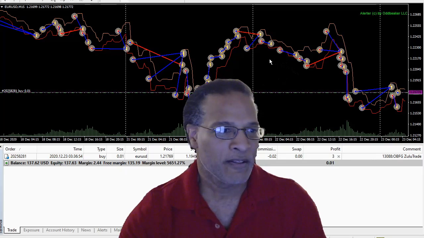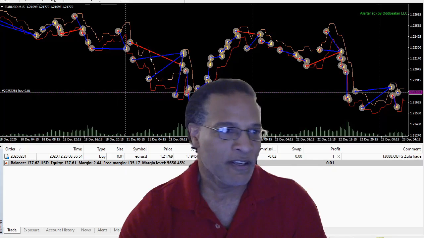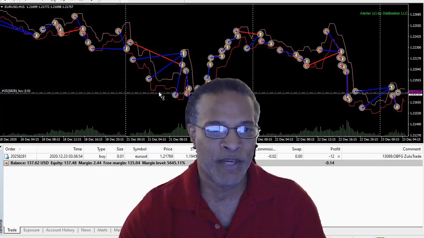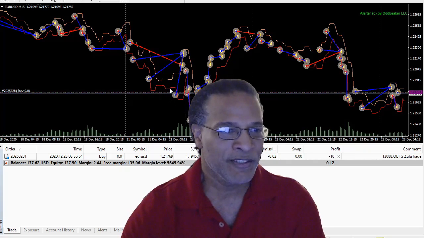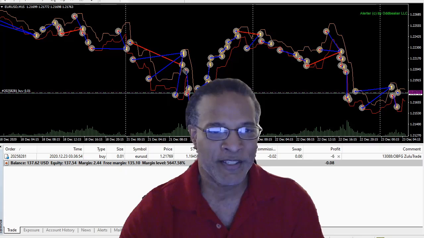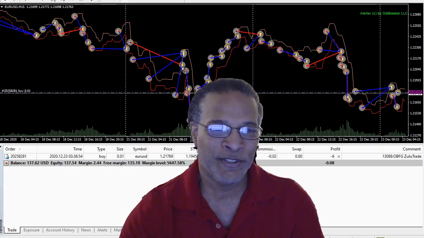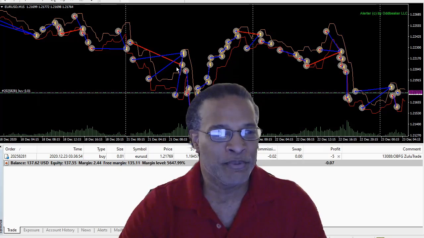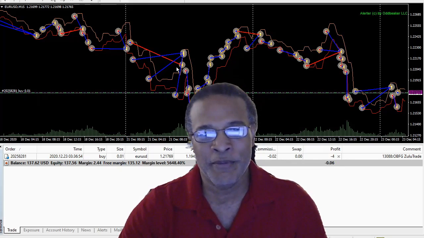Alright. The first thing you've probably noticed is this weird basket of 4. I know you've seen 2 and 3 trade baskets on the other account, but this one has a basket of 4. The other thing you may have noticed is how that weird basket didn't close all the trades at the same price. I suspect this has to do with the lack of liquidity on the broker that I'm using compared